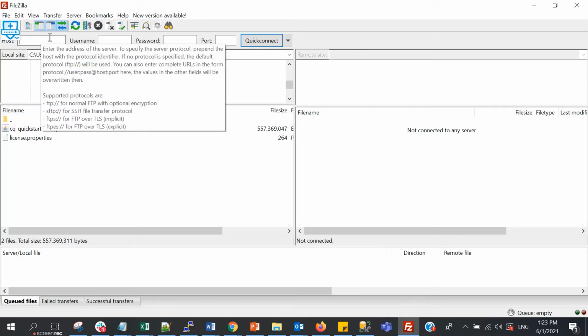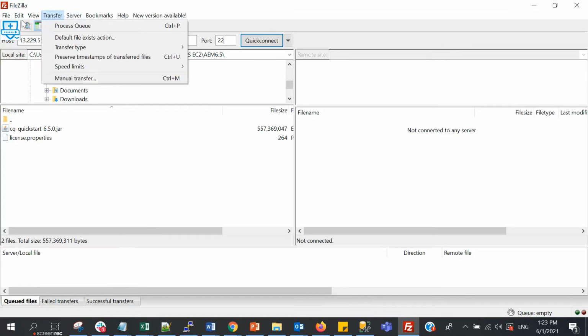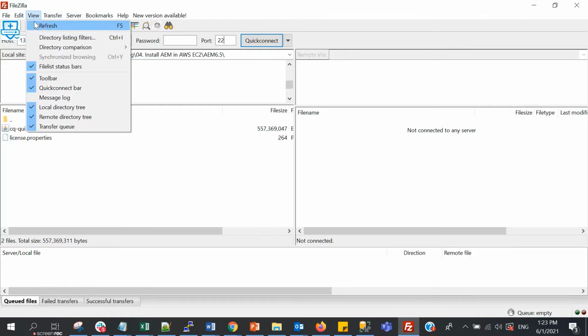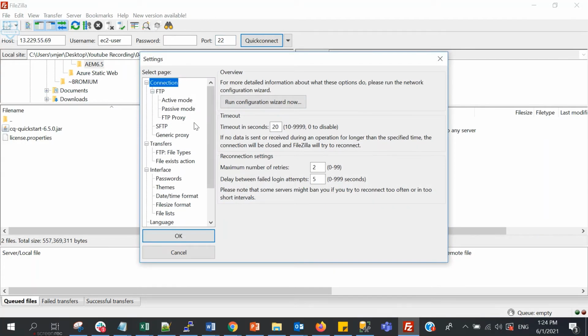We also need to log in. Put the IP address here. Username is ec2-user. You can leave the password blank. Port is 22. But you also need to add the key pair. Go to edit and settings. You need to add the key pair here as well.